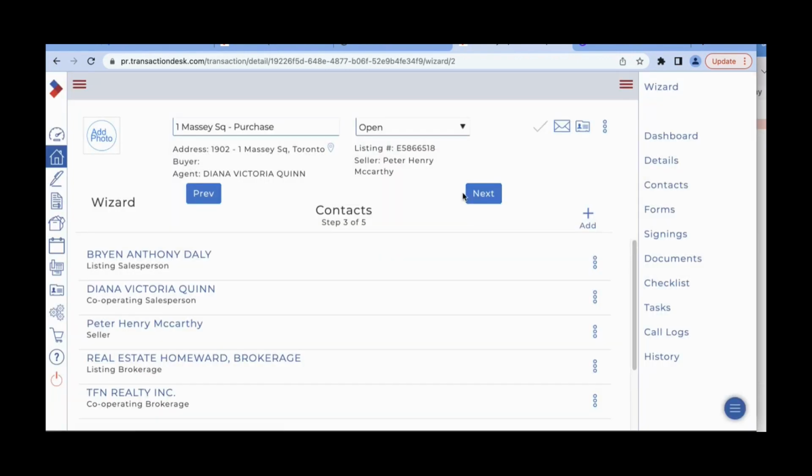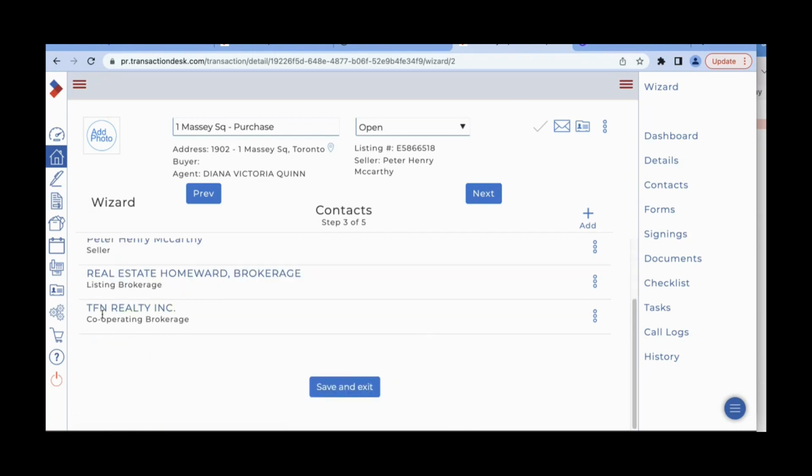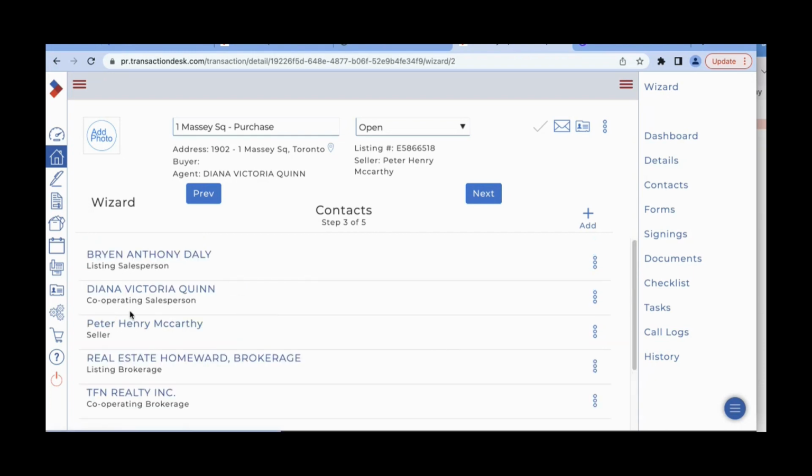Next. Here we have all of our contacts. We have ourselves, TFN Realty is the cooperating brokerage. We have the listing brokerage. We have the seller's name. We have the cooperating salesperson and the listing salesperson. What we don't have is the buyer. So we want to add that contact